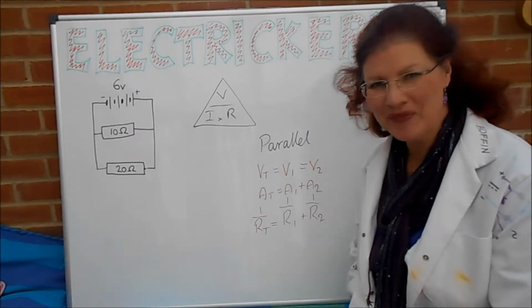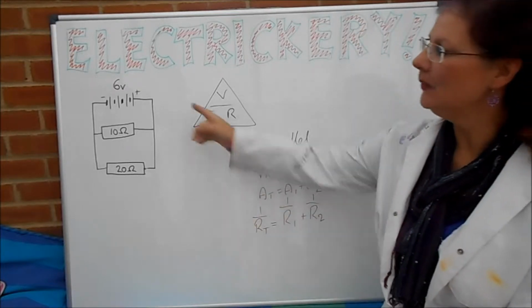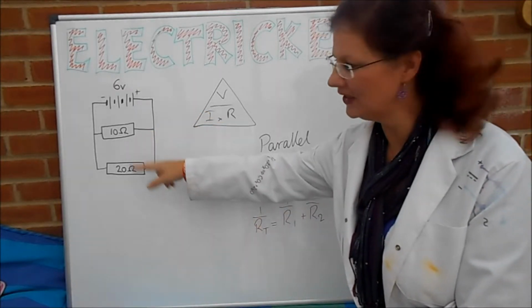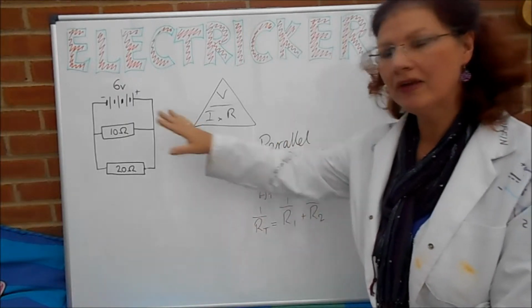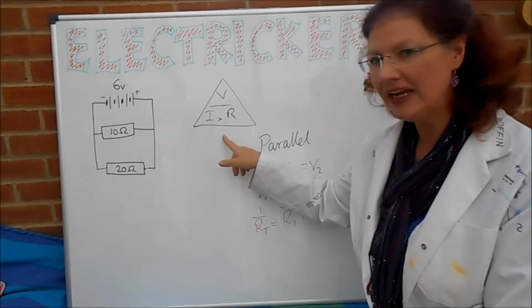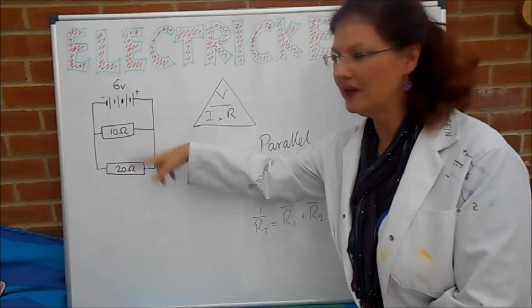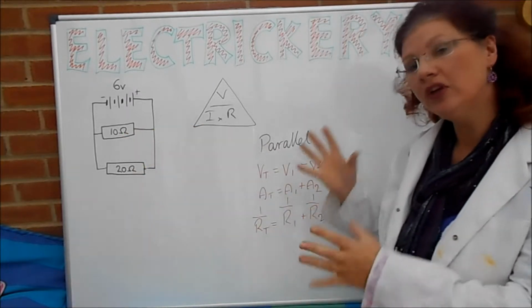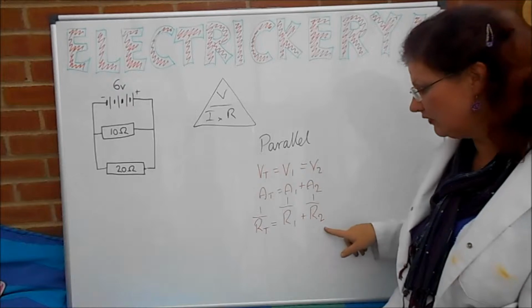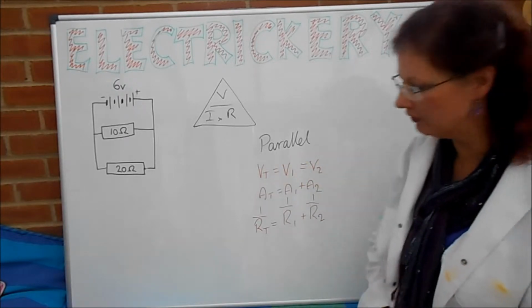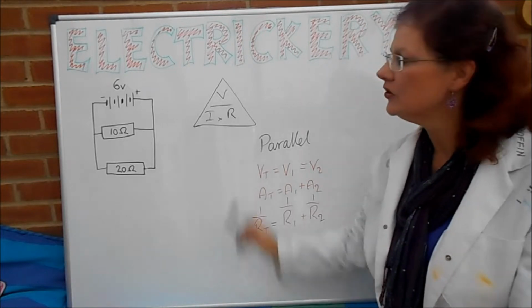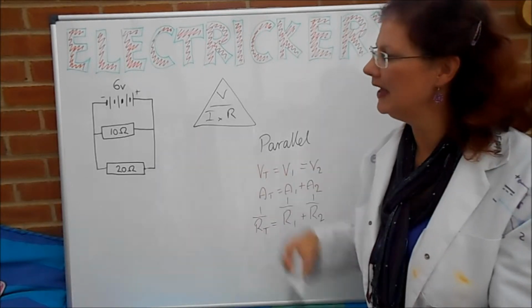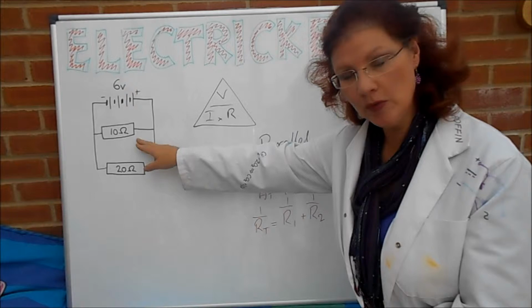Right, let's have a work through the maths of this one then. Here we've got our circuit with a 10 ohm resistor and a 20 ohm resistor, and what we're going to do is work around it just using Ohm's law here. We're going to look at this top leg first and then the lower leg, and then we're going to work out the answer using the reciprocal resistance formula, and we'll check that out and see if they make the same answer. So just starting off with that top leg up here, we've got a 10 ohm resistor,